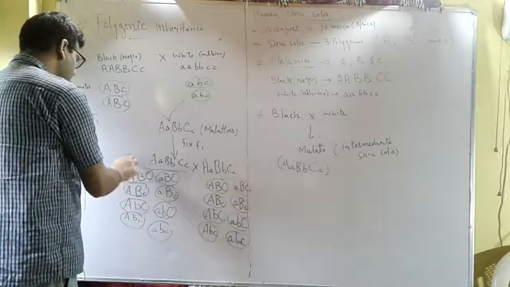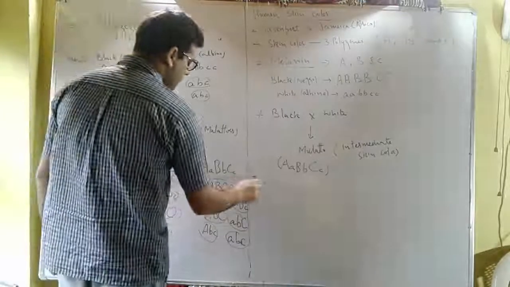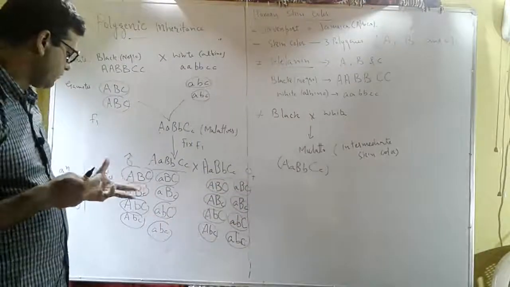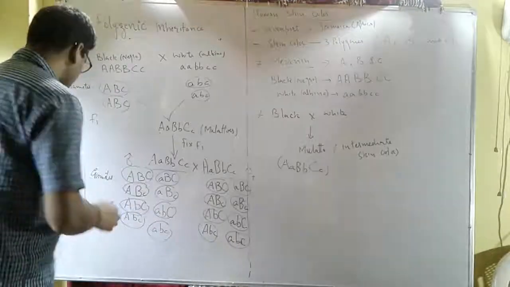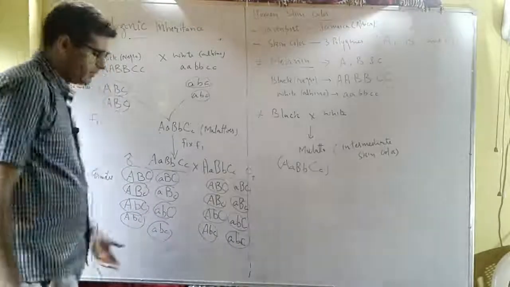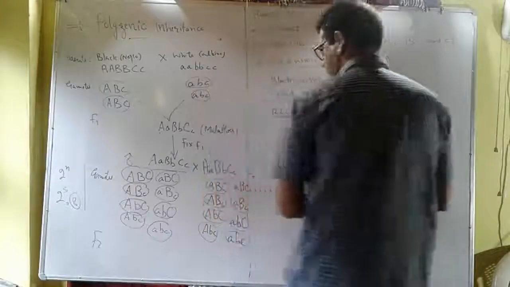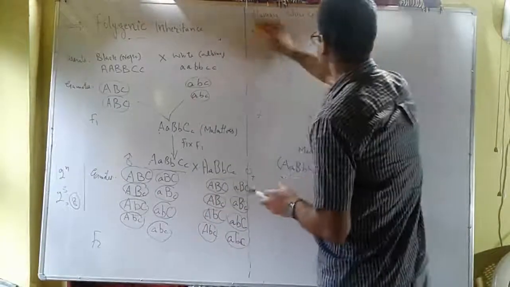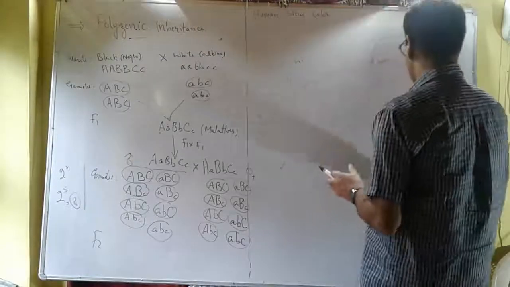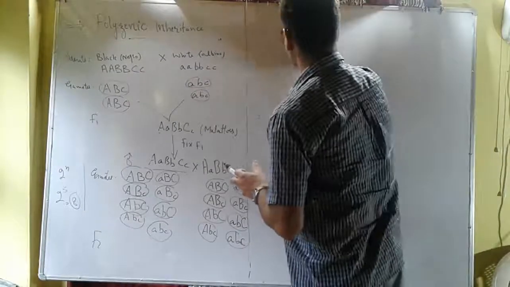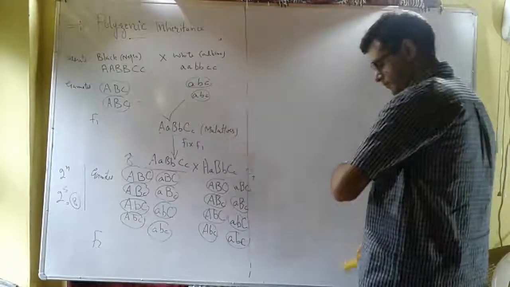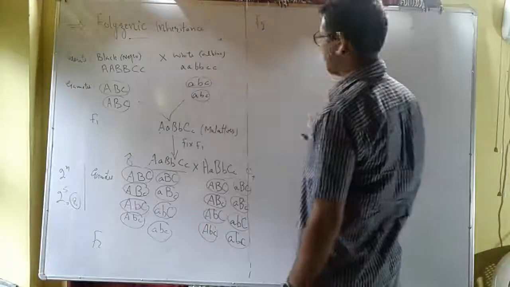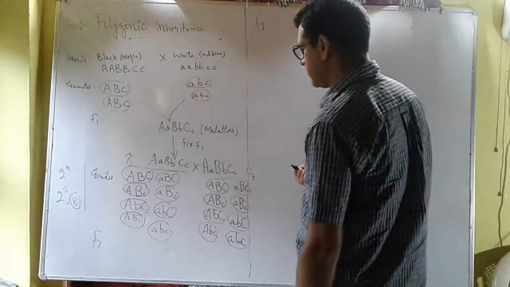Suppose these are male gametes and these are female gametes, and then there is a fusion of these gametes, and we'll get the F2 generation. In the F2 generation, what we received, we have